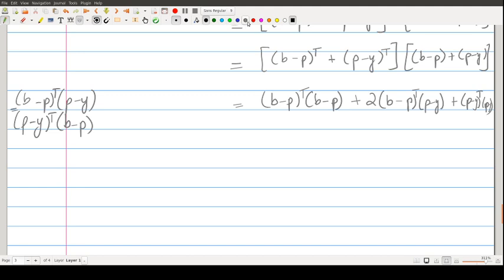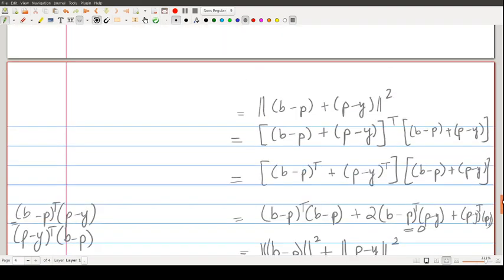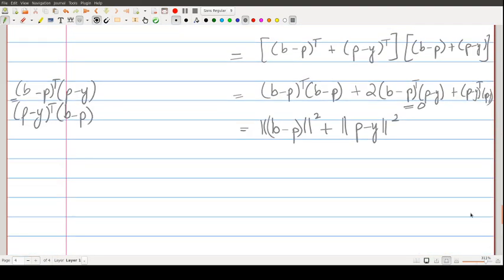And so this gives me, this is simply b minus p. This is just the norm of b minus p, that is the magnitude of this vector. The cross term I know to be 0 because these vectors are orthogonal, plus we have the norm of p minus y squared. Okay, so what I've shown essentially,